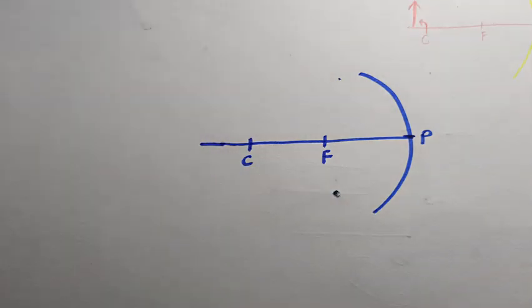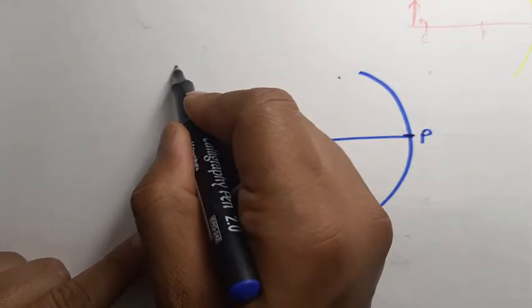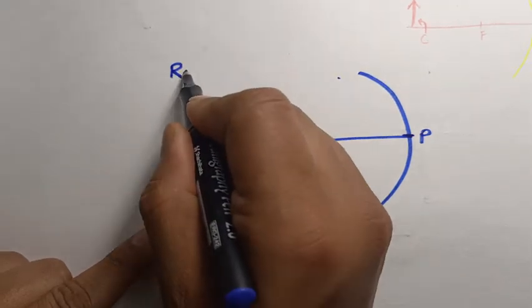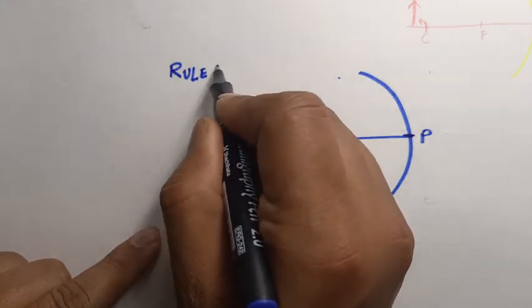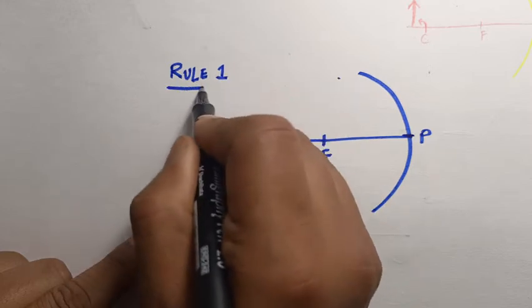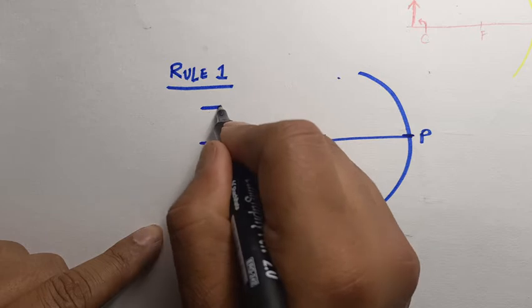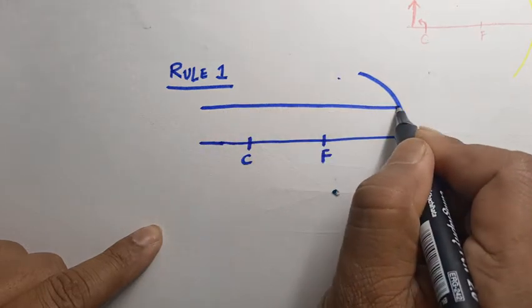Okay, Rule 1. Please understand, I hope you can see. Yes, good. Rule number 1. What is rule 1? A ray of light which travels parallel to the principal axis,